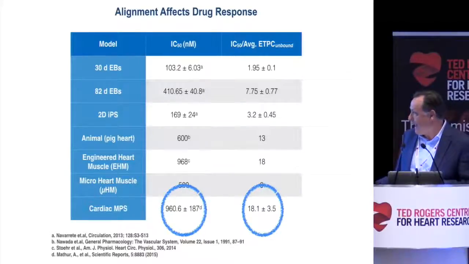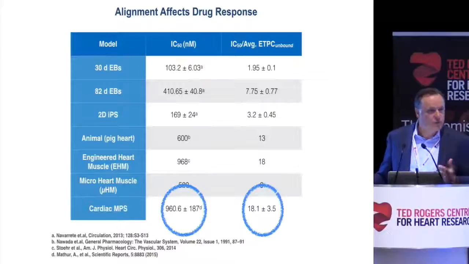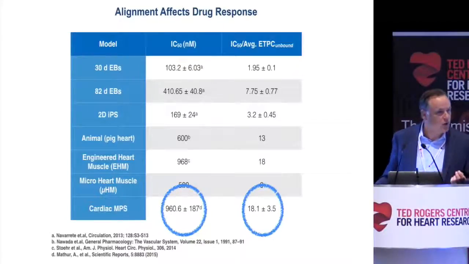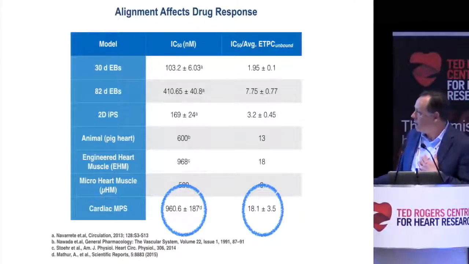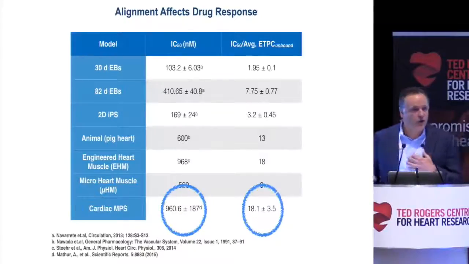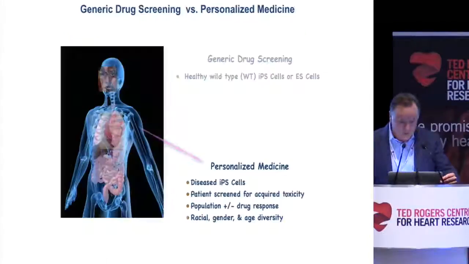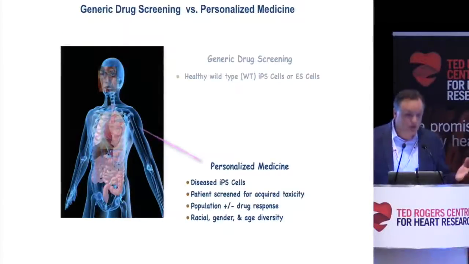And so our 18 scales well with Eschenhagen's in Germany, totally unrelated. We've never even met, but largely came out with the same number in the engineered heart tissue. And then pig papillary muscle and other systems come in with similar types of results. And I think that's good. That's an example of maybe why you would spend the time to make a structured system.